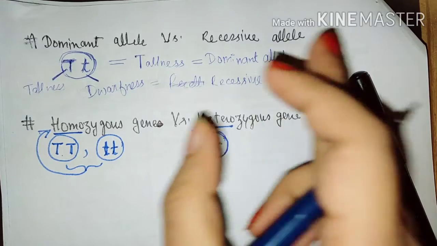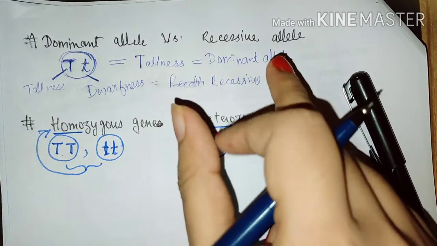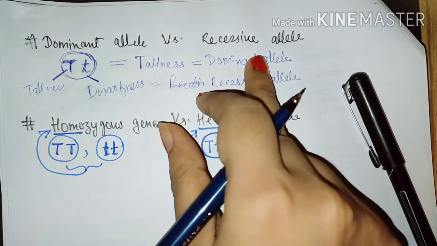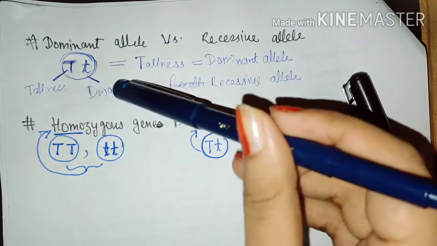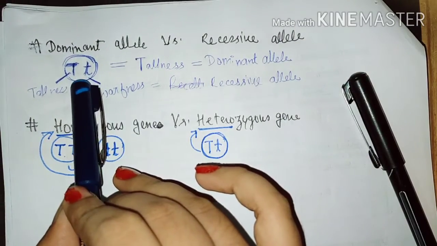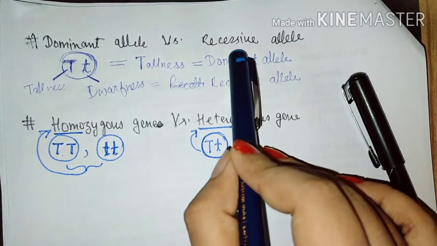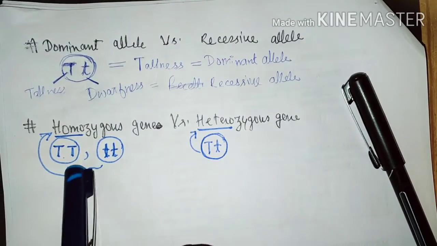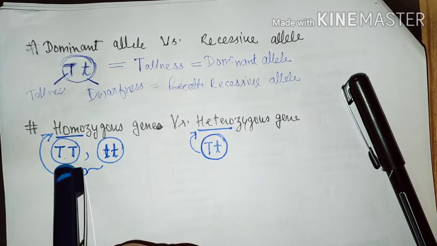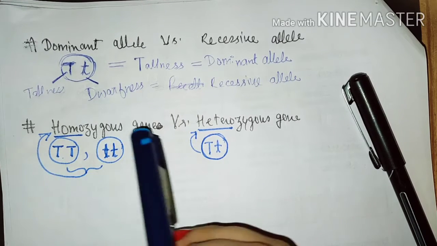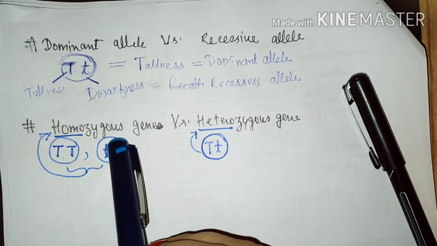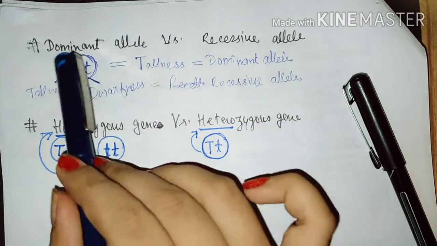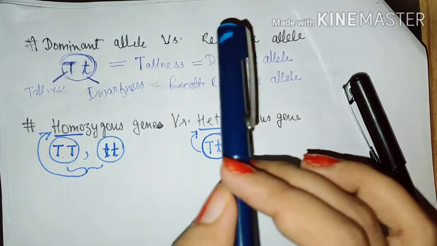So again I am coming to the explanation of dominant and recessive allele. If you have to write in words what is dominant allele, what is recessive allele, you will take the example of a heterozygous gene. For explaining dominant allele and recessive allele, you have to begin with the heterozygous gene. You cannot explain the dominant and recessive allele concept with the homozygous gene because there are just dominant alleles, either both are dominant or both are recessive. So you cannot take this gene as the explanation for dominant and recessive. You have to choose one heterozygous gene.